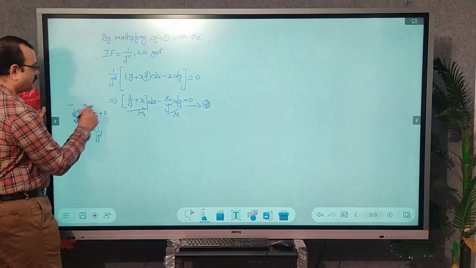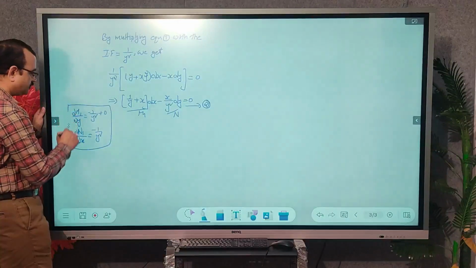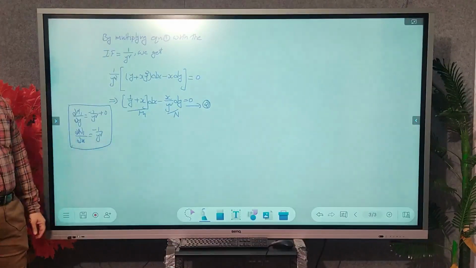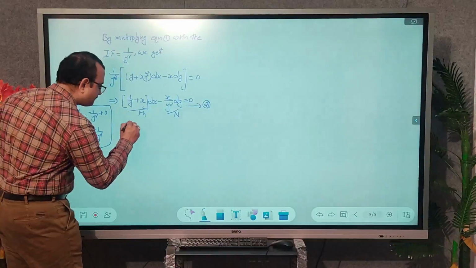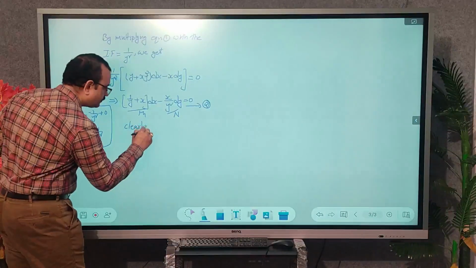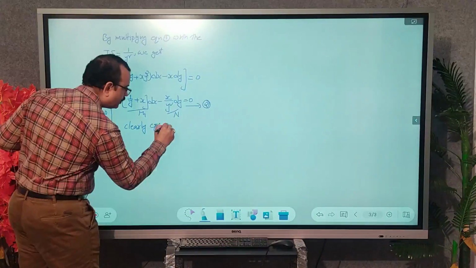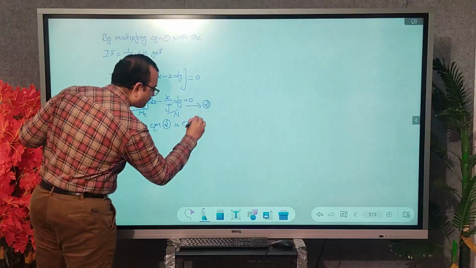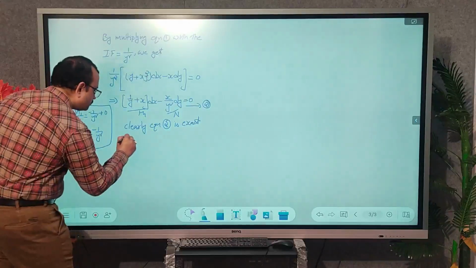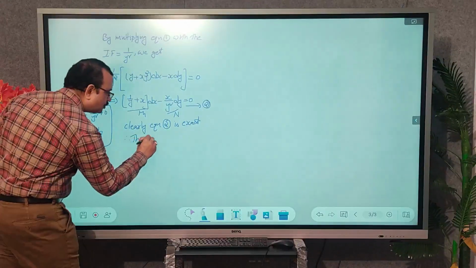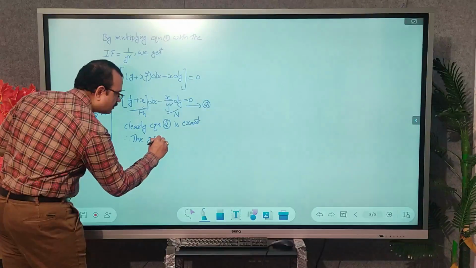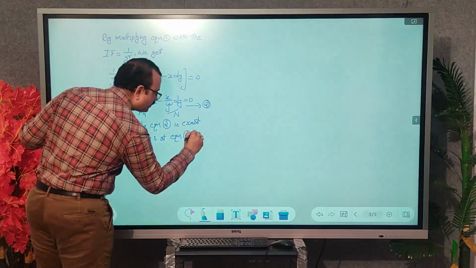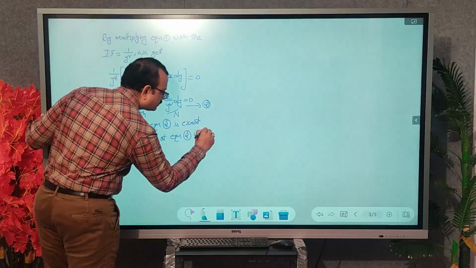So if we observe, dou m1 by dou y is nothing but the same as dou n1 by dou x, means equation 2 is exact. So you can write clearly, equation 2 is exact. So therefore the general solution of equation 2 is given by,